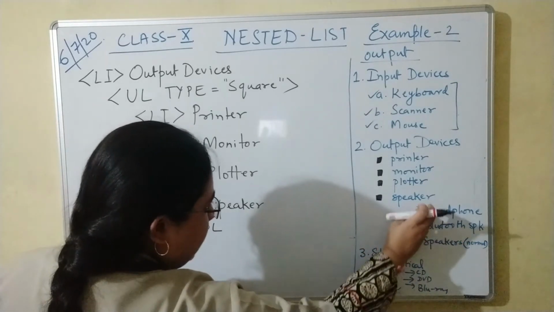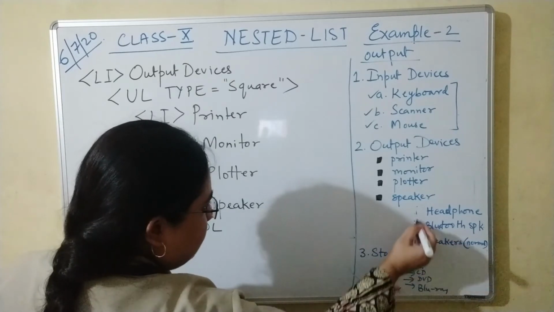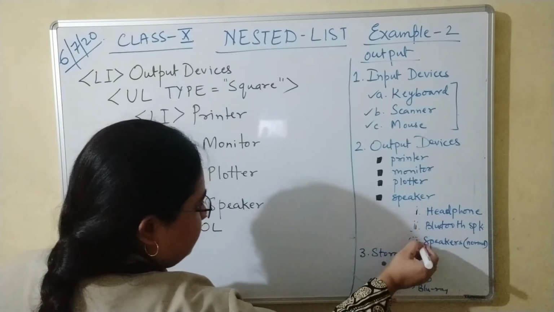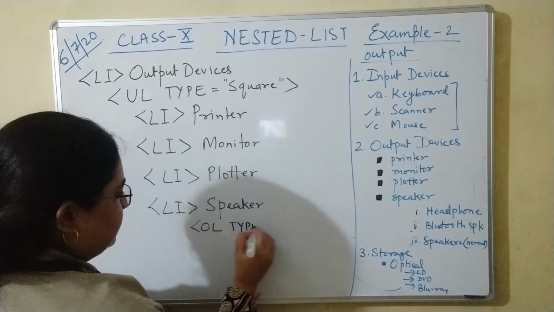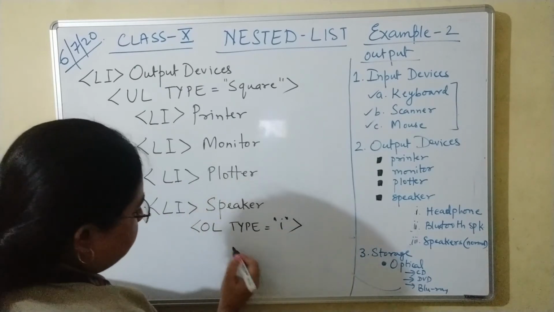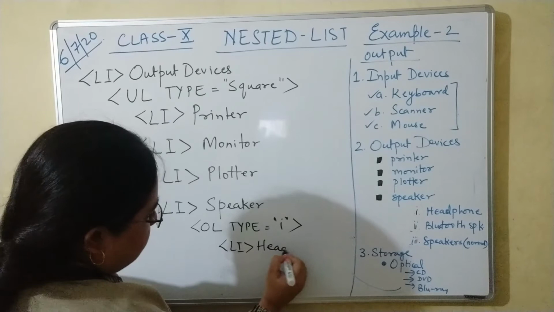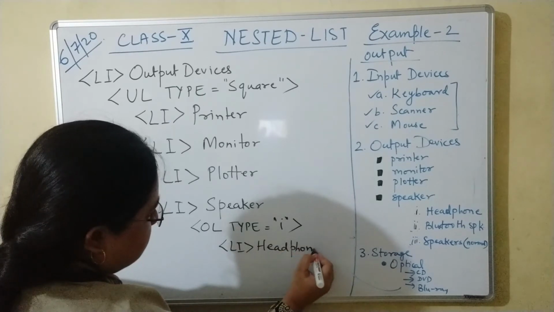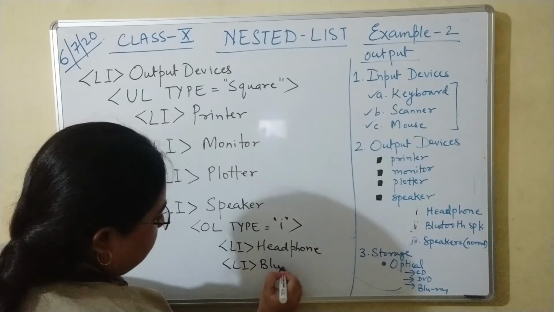You can remove the brackets from here because we don't have any option for providing brackets. So we will be giving a dot after this, type equals lower Roman numerals. Now within that again LI, headphone, Bluetooth speaker,